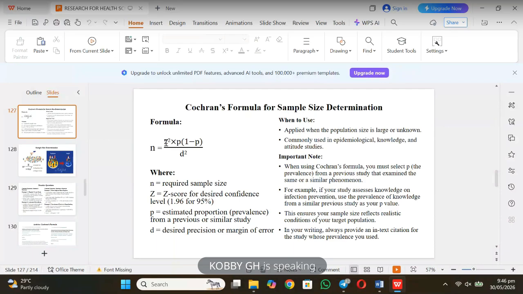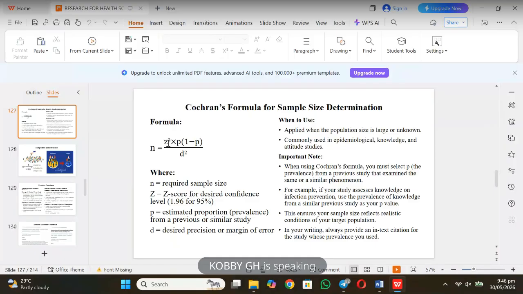So when you read the scenario and you see 95%, all it means is that for this Z over here, the corresponding Z-score for the 95% confidence level is 1.96. So the Z, you put 1.96. So it will be in brackets 1.96 squared times the P. Let's say we told you the previous study had a proportion of 65%. The 65% divided by 100, you get 0.65. So it will be 1.96 squared multiplied by 0.65 into bracket 1 minus 0.65, close the brackets, all over